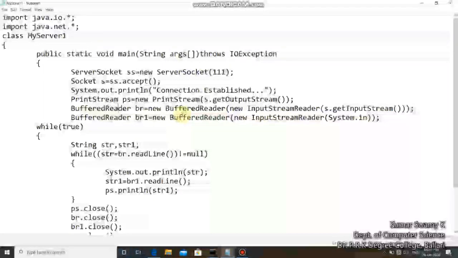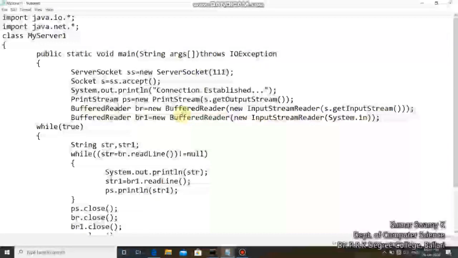This buffered reader will help to read the data which is coming, and another one, BR1, helps to send data to the client side.